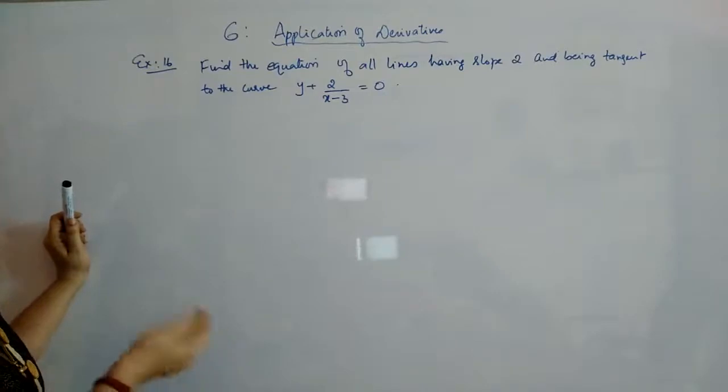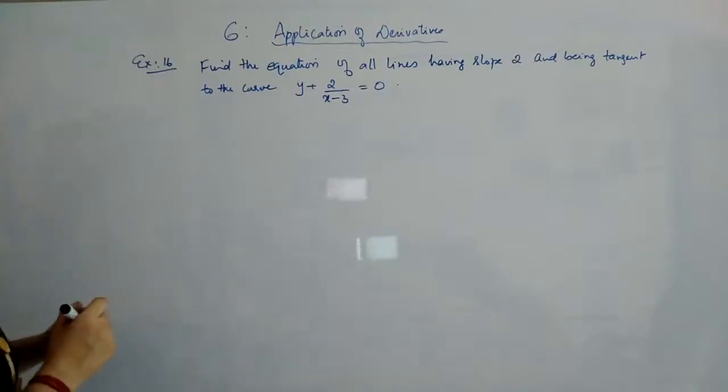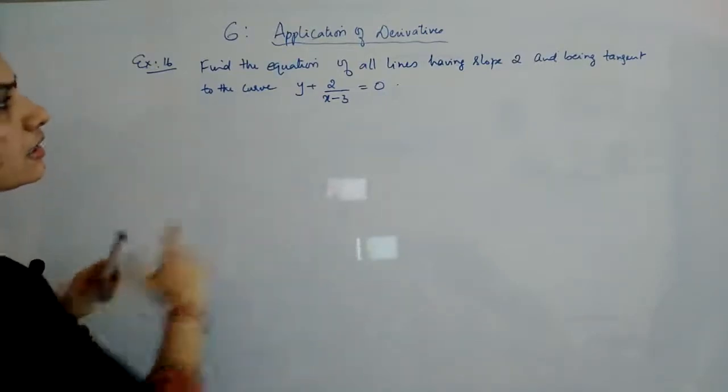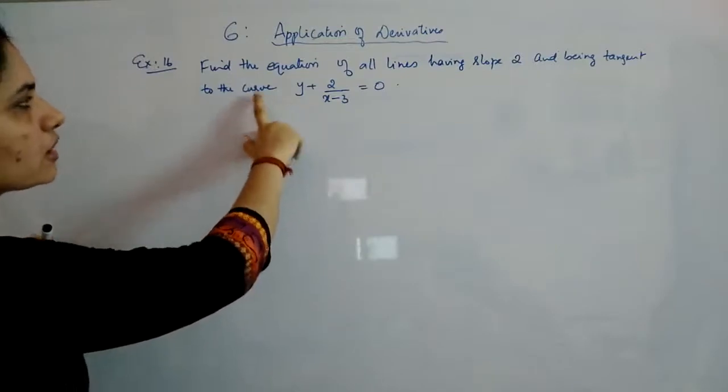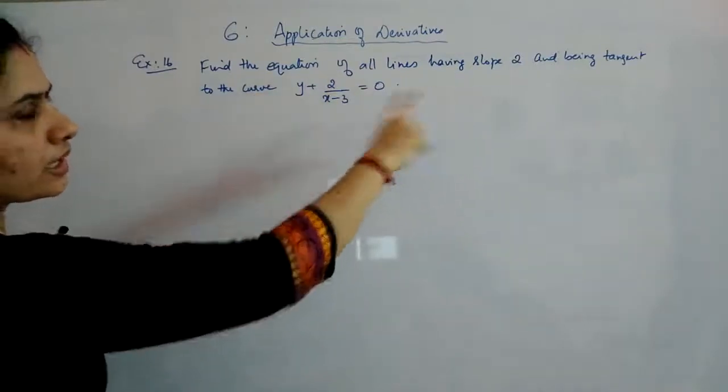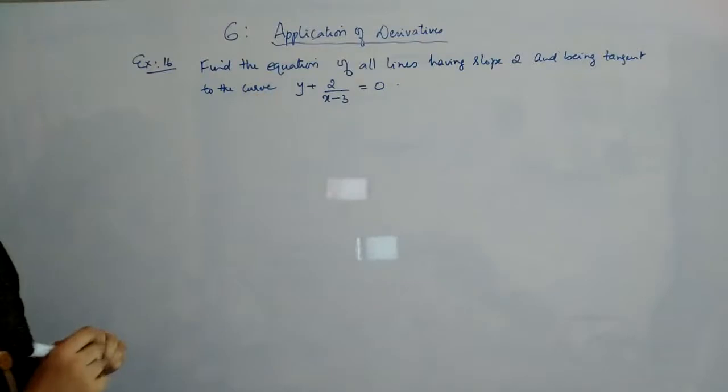So that means the lines which you will get will differ only by a constant. The remaining x coefficient and y coefficient will be the same. That we can check at the last. Now we can start the problem. You have to find out the slope, and that slope will be equated to this 2.